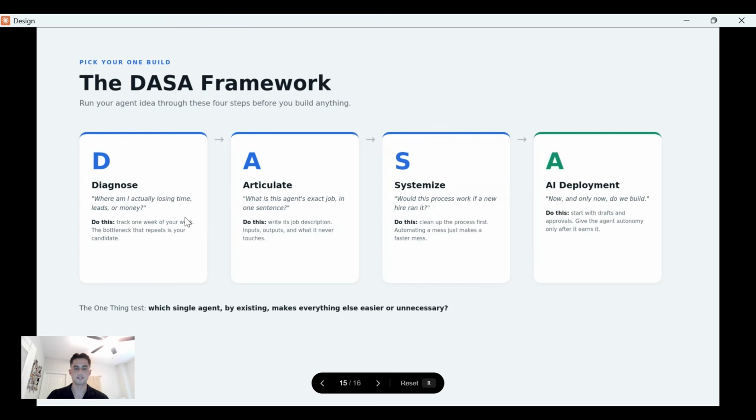Then you move to the articulate step. Well, what can a potential solution look like for my business? We could write this out, or the AI's job out. This is, your role is to answer questions from any sort of customers that come to our website. Simple as that. Then the systemize step, we want to make sure that we're plugging it into a proven system